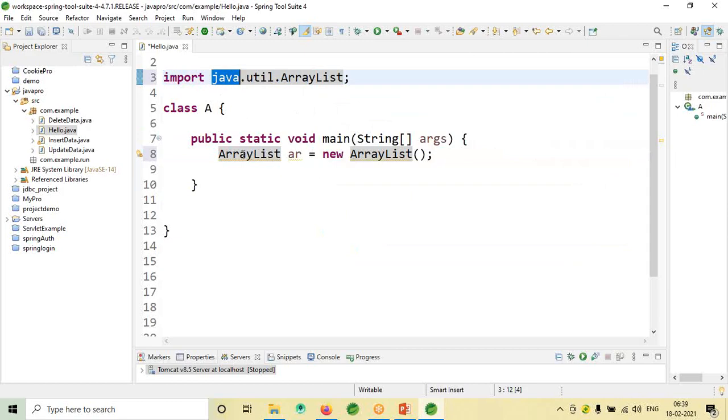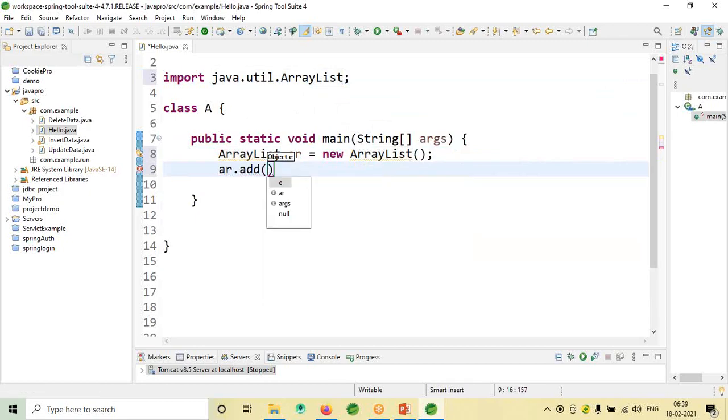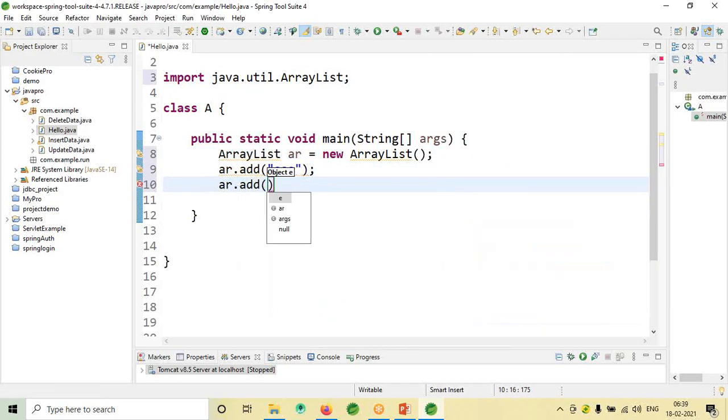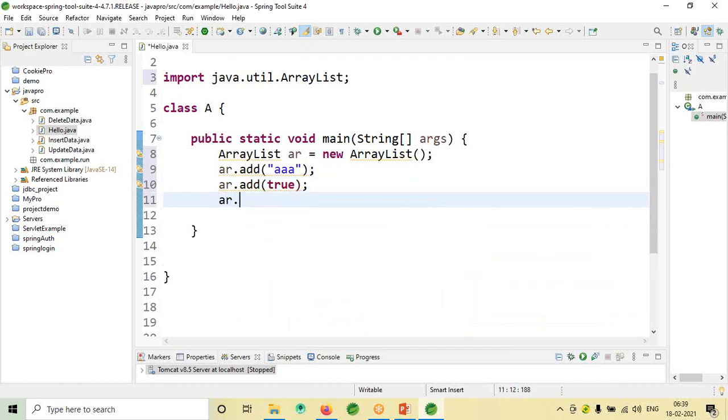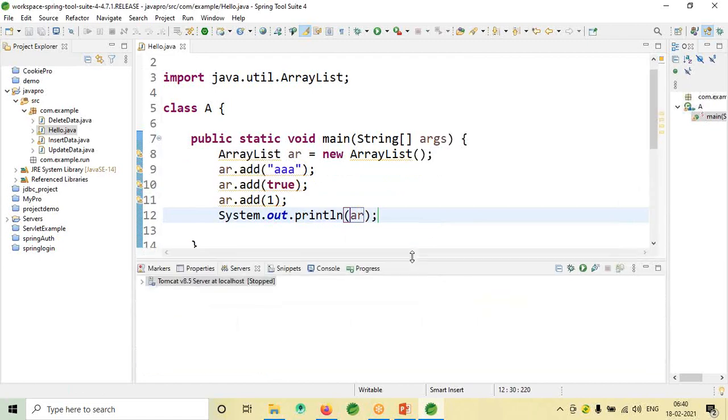Now here, you can type ar.add like this. You can add strings, you can add booleans, or ar.add you can store integers like this. You can easily store them and display them. This will happen in array list. When I give this,